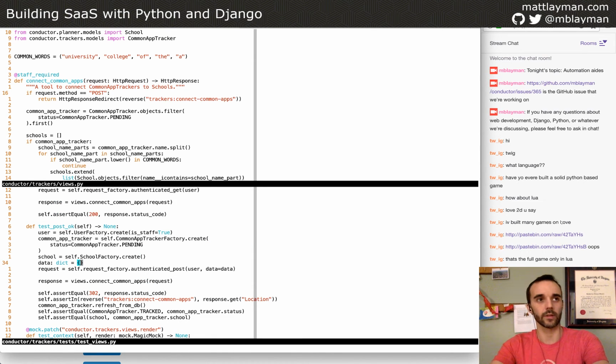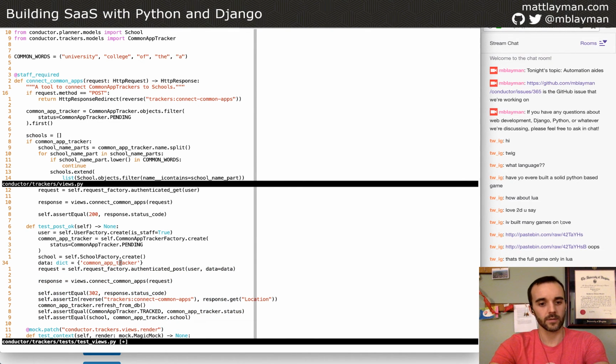going to go into this. So this is going to have to map to the name that's used on the input tags that will be on the other side. So I'm going to use the same keys that we have been using just to keep it very clear. So I want the Common App Tracker, and, whoops, I see a typo.